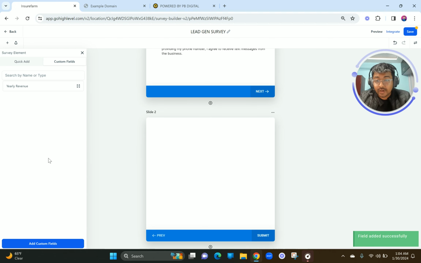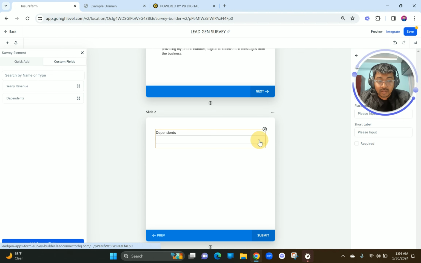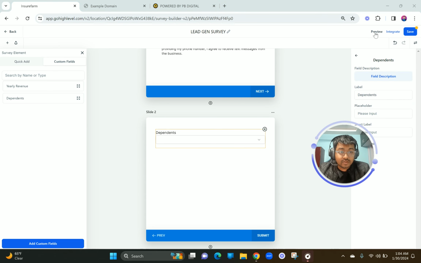So what it's going to do is add it in this part. Okay, you can see it came. Now this is called dependents. I'm going to click here. I'm going to add it, and when you click on this, I'm going to show it to you. So if you just preview it,